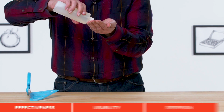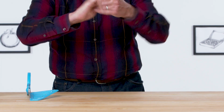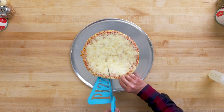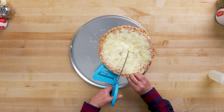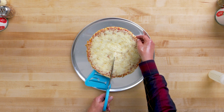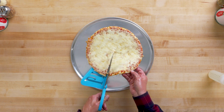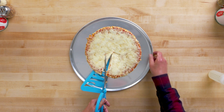Now I'm going to try the left-handed oil test. By making my non-dominant hand slippery, it's going to highlight any deficiencies in the design. Okay, I get a sense this is not going to work well left-handed. Oops. First slice, I get nothing. Second slice,